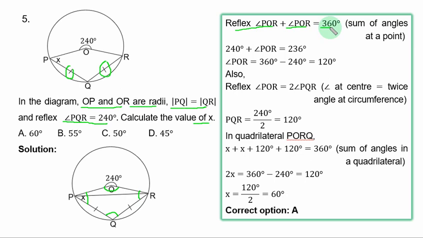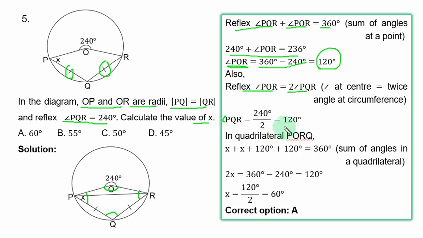Sum of angles at a point, you have this expression. If you make the obtuse angle the subject, you have this. When you subtract, you have 120 degrees. Now the same reflex angle POR is equal to 2 times angle PQR. Angle at center is twice angle at circumference. If you divide the reflex angle by 2, you get angle PQR to be